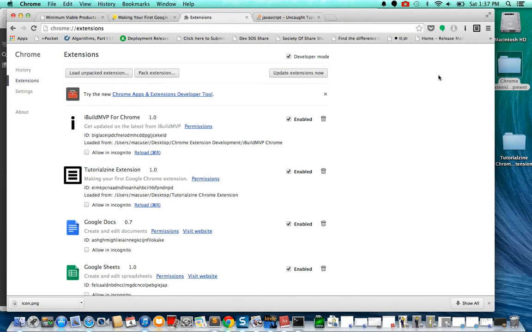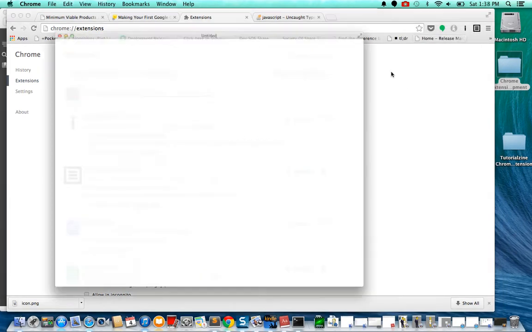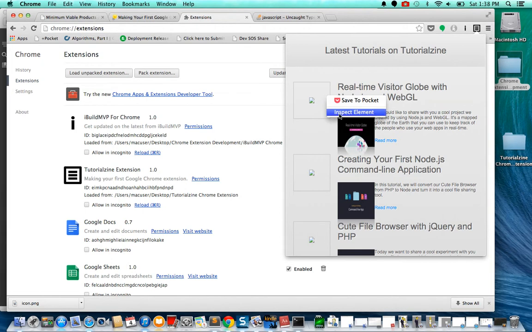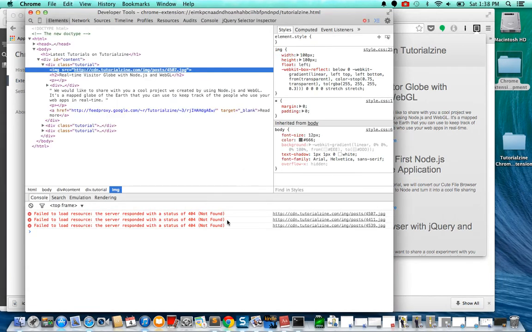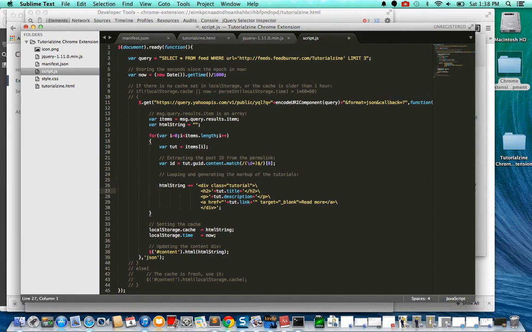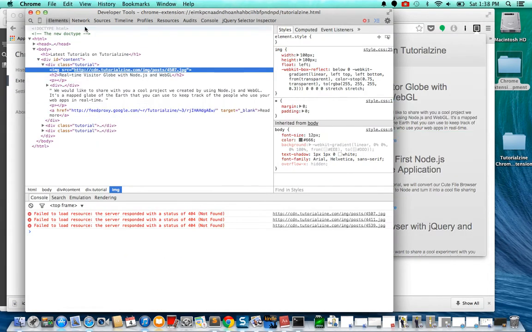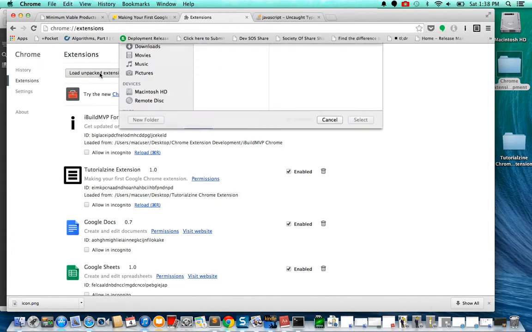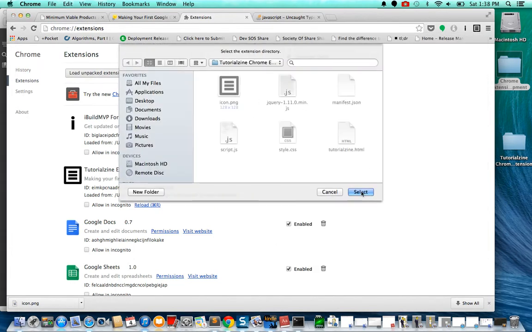Let's just inspect the pop-up and see. Inspect this element. So CDN Tutorialzine /post. Yep. Also, since we changed the SQL, there's now 3 returning, and I'm pretty confident if we just get rid of that, then this will fix it to what we want, to not have that showing at all. We'll save that. We'll go back to Chrome, reload it, unpacked extension,